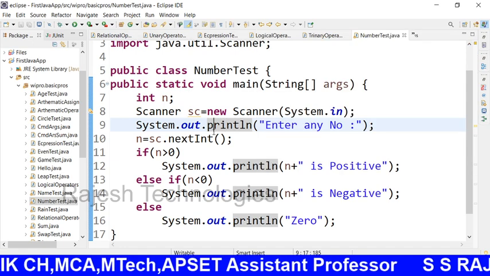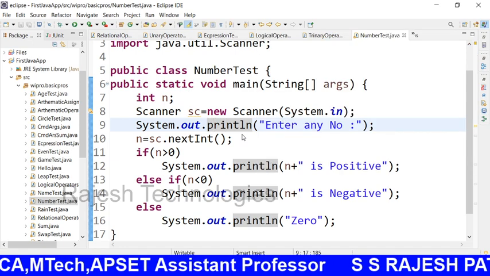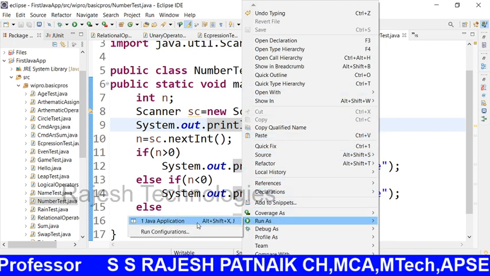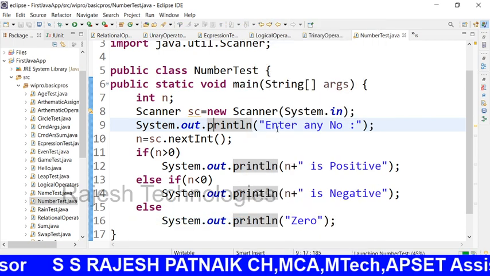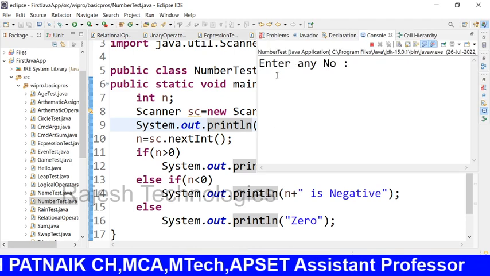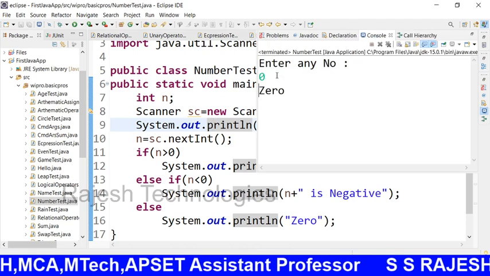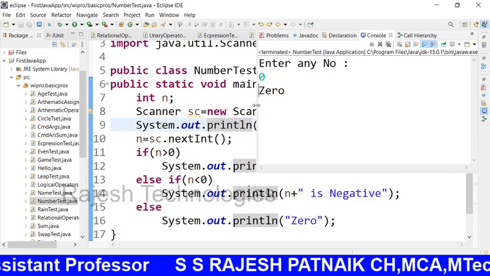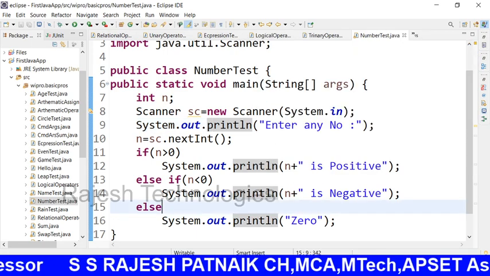Okay, if you enter something else, right click, run as Java application, enter 0, it becomes 0. Okay, it is neither positive nor negative, that is 0. Last case,